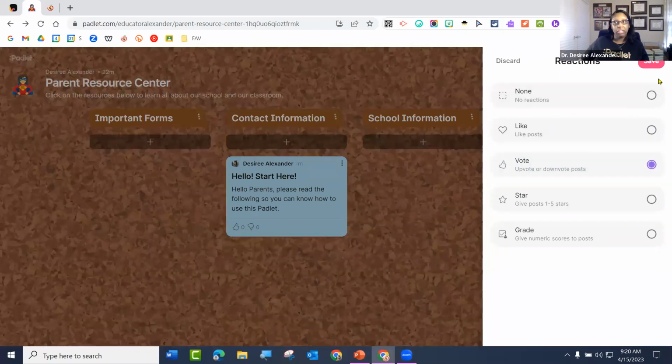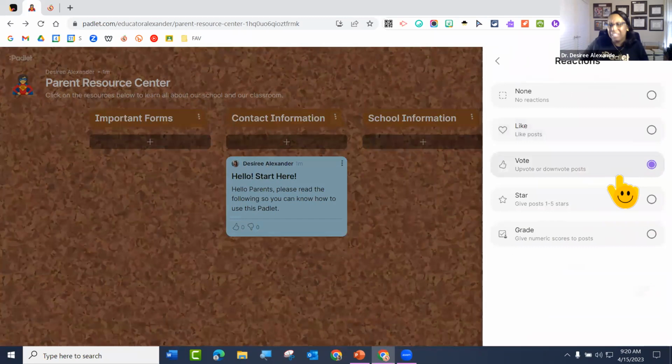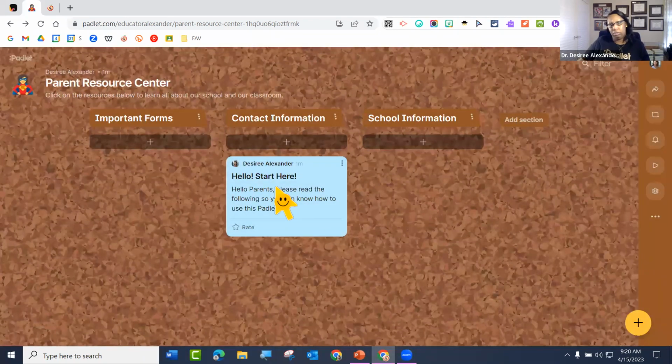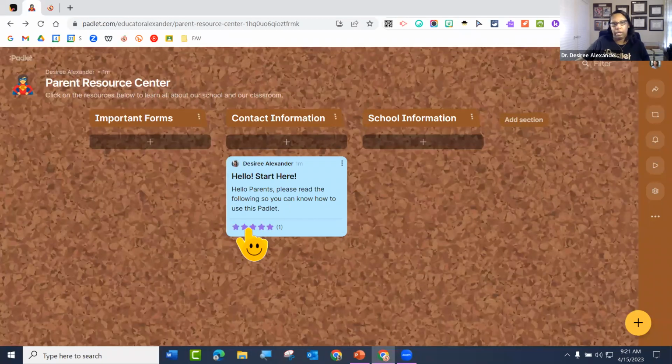You can change it, but you will lose the data. So just keep that in mind. So you can't change it and the data comes with it. So I won't know who liked it before. And it used to give me a little error message, but it's not. It used to say, you can change it, but they're not gonna be able to see. So I'm glad I'm telling you that because it used to have a little error message. So now they can rate it 5 stars, that kind of thing.